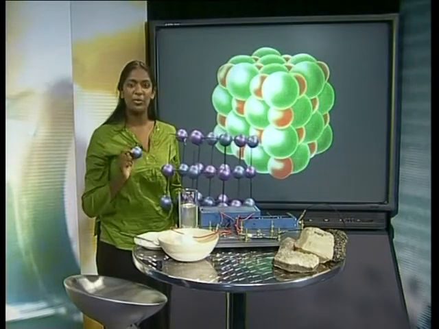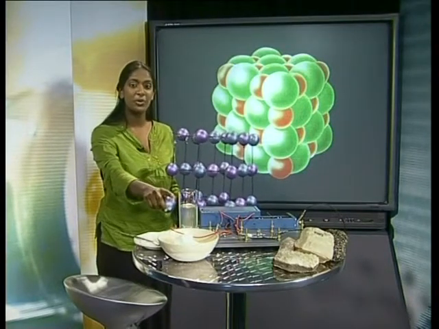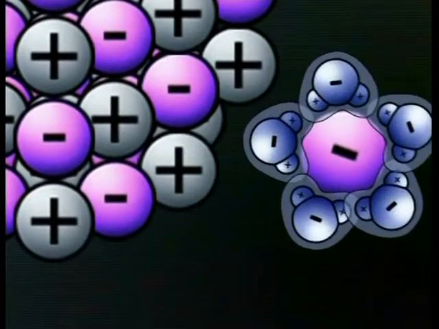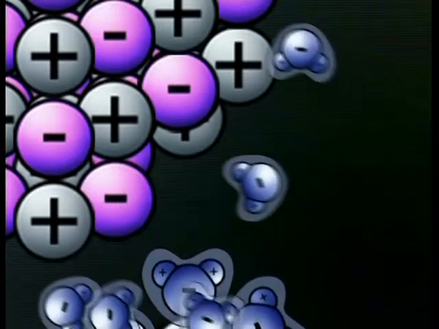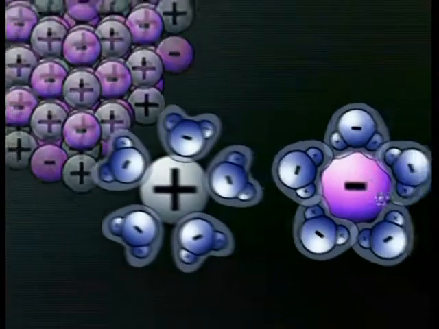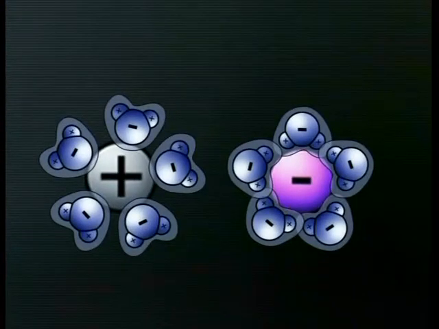That's exactly what happens when salt is placed in water. The water molecules surround each of the ions and pull the lattice apart. Now, when the salt water solution is connected into an electric circuit, the Na+ and Cl- ions can move and